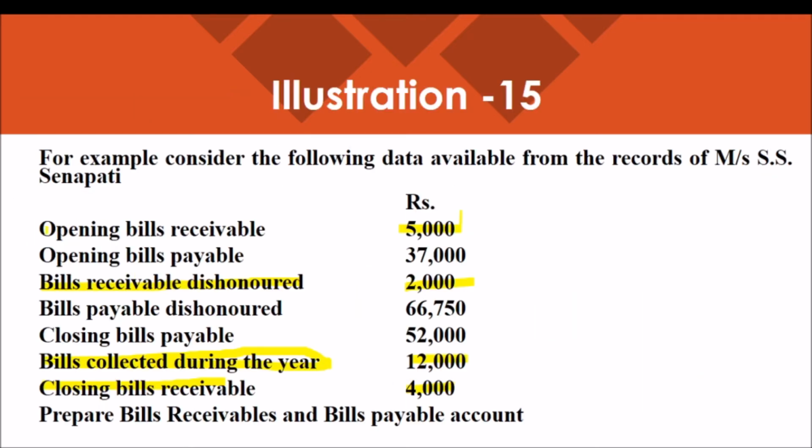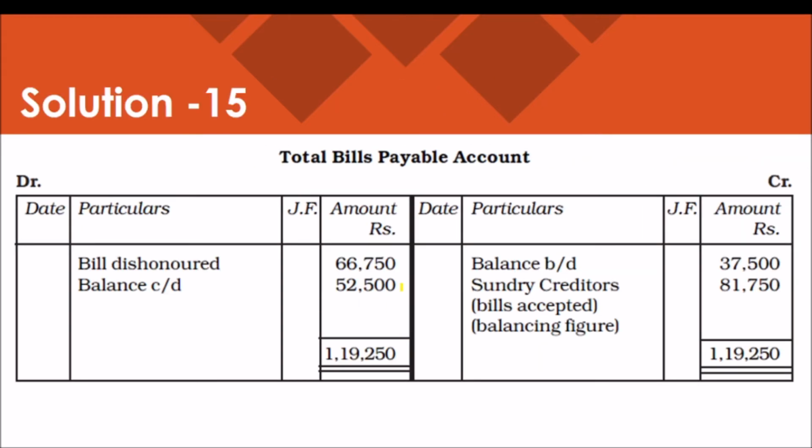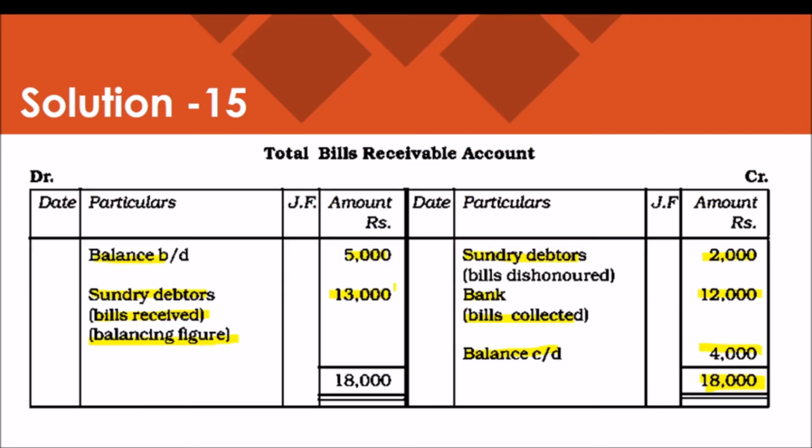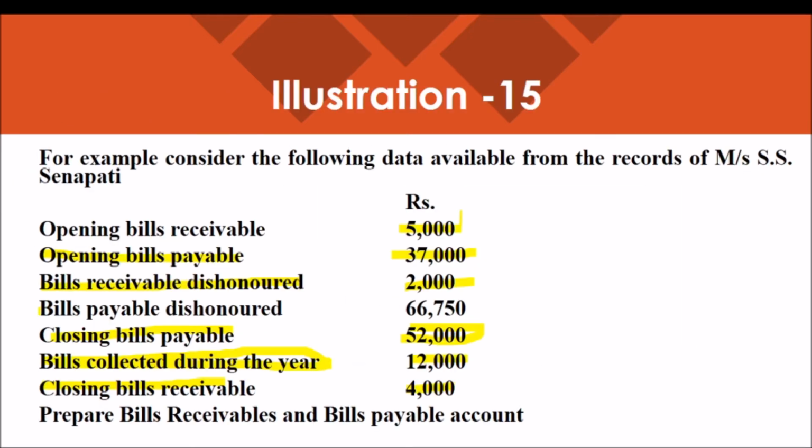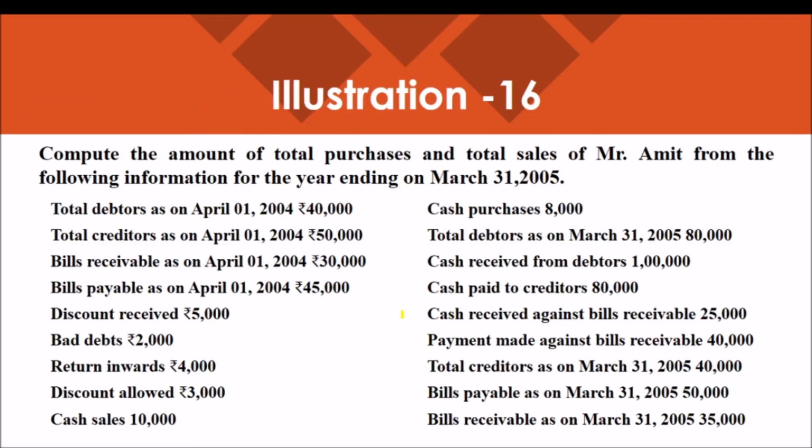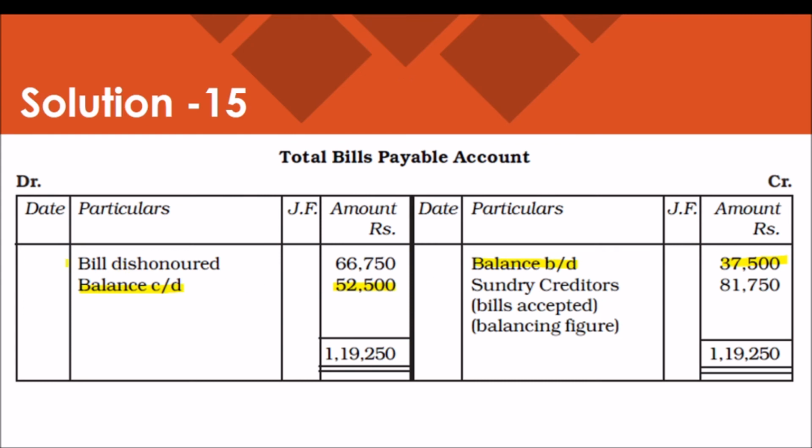Here, using the amounts, bills payable opening value 37,500 and closing value 52,500, we are recording in that account. Opening value by balance brought down 37,500, closing value balance carried down 52,500. And bills payable dishonored means on the maturity date the bill was not paid. It will be recorded in the debit side,